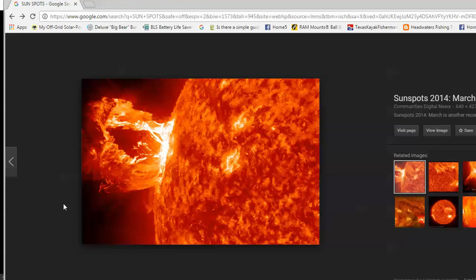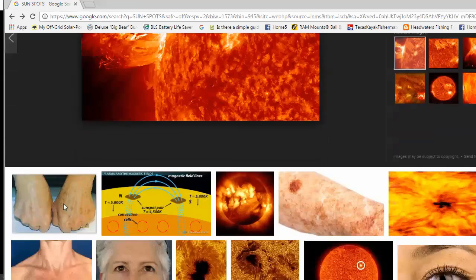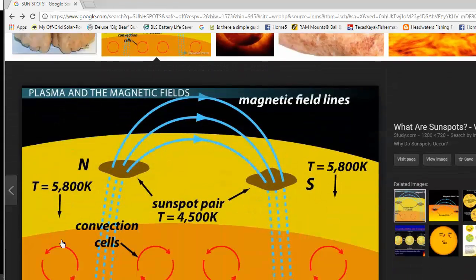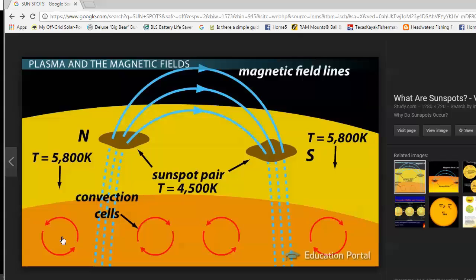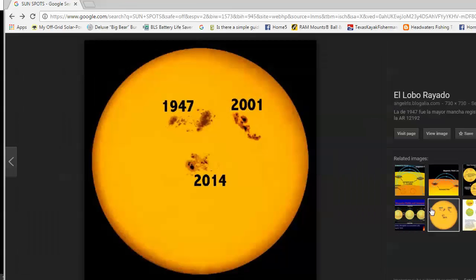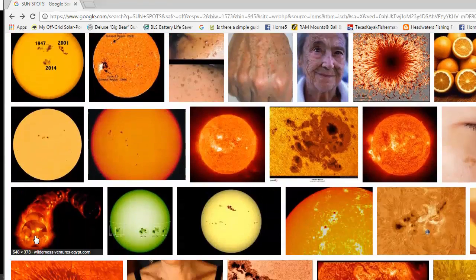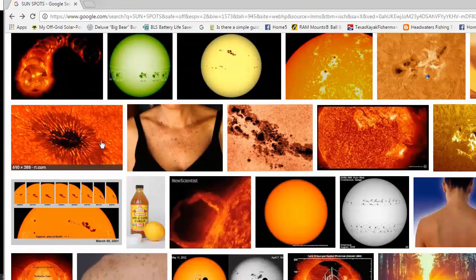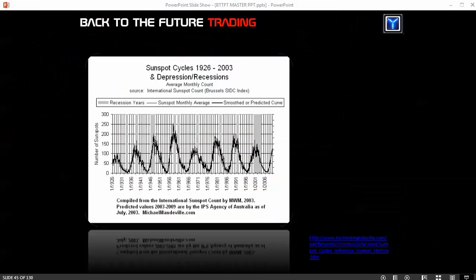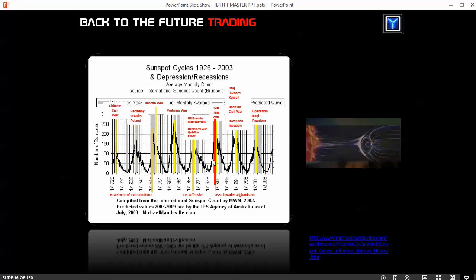Now this, again, what does this have to do with trading? Why do these magnetic field changes have anything to do with the markets? Why do these sunspots have anything to do with the markets? Well, that's what I wanted to find out. That's what I wanted to see, because this is a fairly damning chart. And then from the webinar, you guys remember that I went back and I started to chart